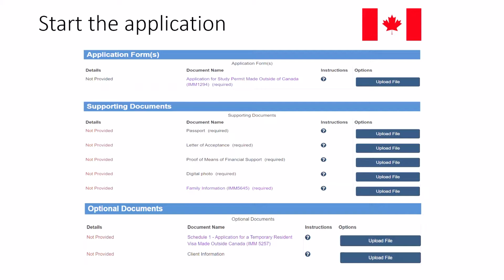And then these are some of the forms which I uploaded, which I discussed in the previous slides. I uploaded the application IMM 1294. I filled this form and I uploaded that form. Then I uploaded a scanned copy of my passport. The letter of acceptance from the university was uploaded. Proof of financial means, proof of financial support. So I uploaded this document also, stating all the financial support documents like my bank statements, my ITR, my pay slips, all those things I uploaded in this particular tab.